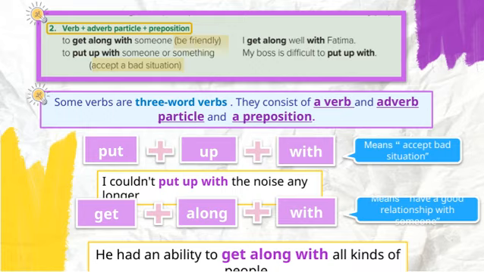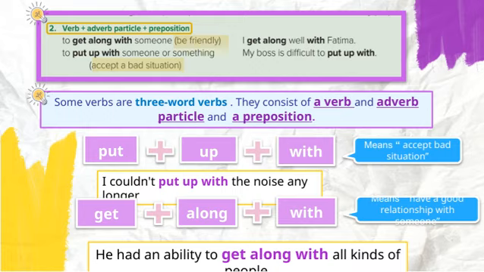Moving on, get up isn't in this slide, but it's a common phrasal verb worth mentioning. Now, the second key phrase is put up with, which means to accept a bad situation or endure something difficult. For example, "I couldn't put up with the noise any longer," means I was unable to tolerate the noise anymore. It's also important to notice that some verbs in English are three-word verbs, like put up with. They combine a verb, an adverb, and a preposition, and they often have idiomatic meanings that are different from their